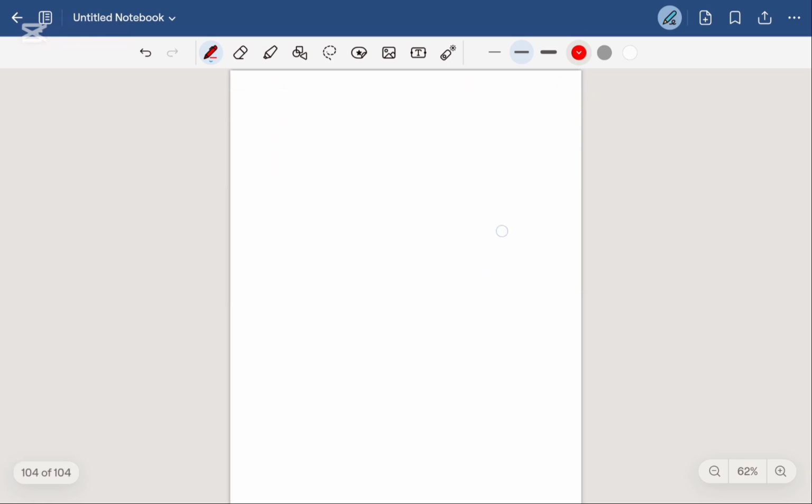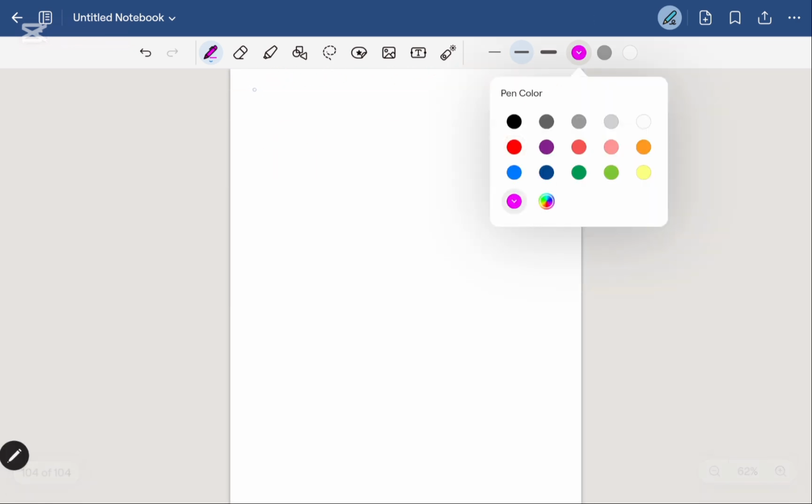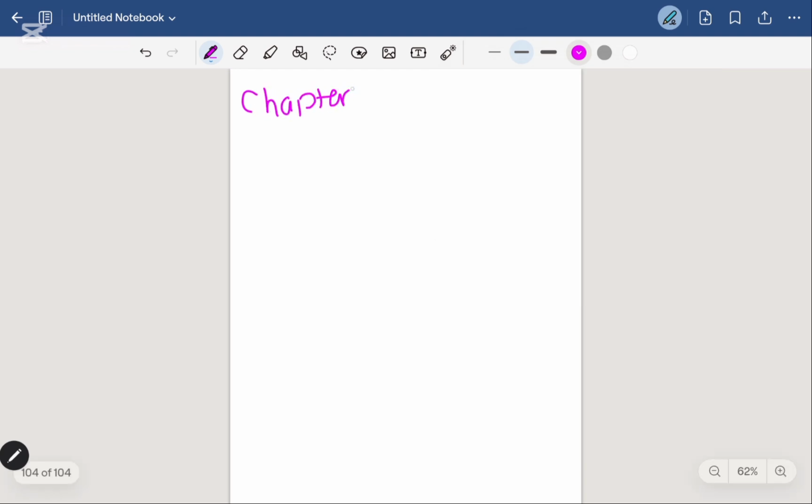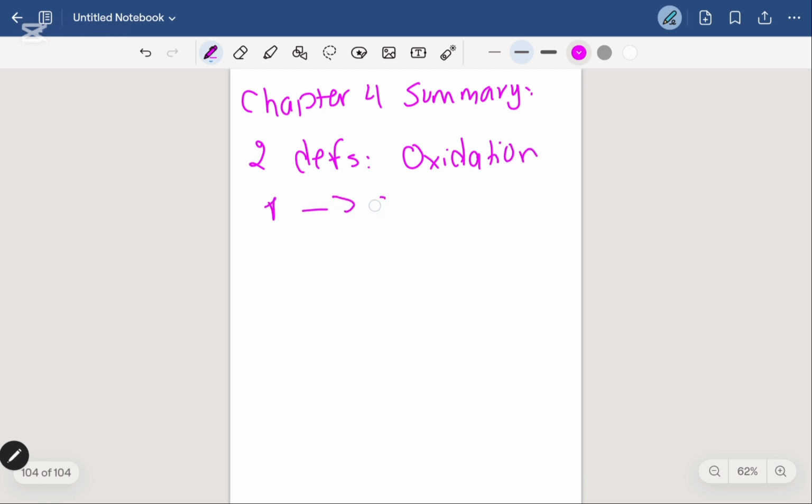Now we're gonna move on to chapter 4, a quick and small summary of chapter 4. So, chapter 4, summary. Okay, first thing we're gonna talk about is the definitions of oxidation. We have two definitions of oxidation. Number one is the addition of oxygen. Okay? And then the second definition of oxidation is the loss